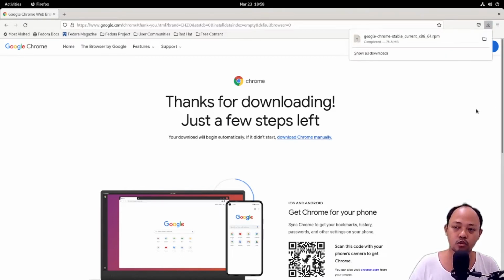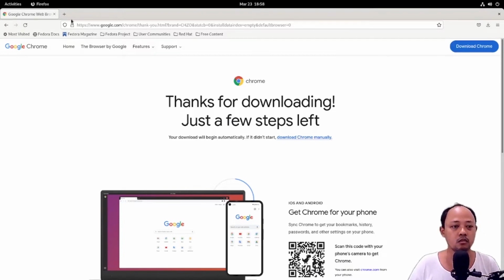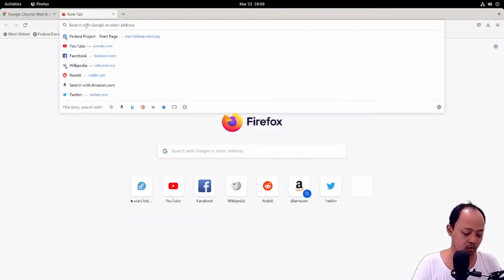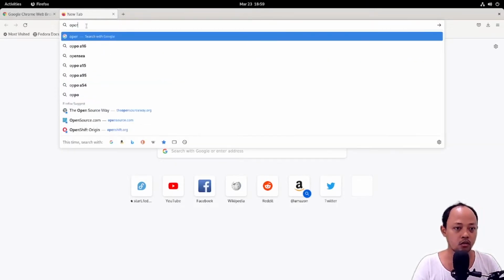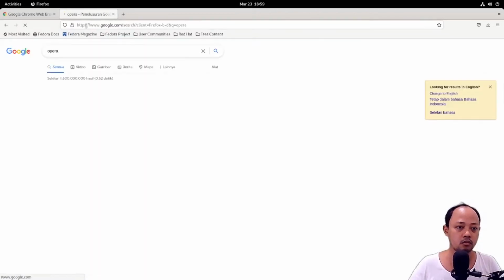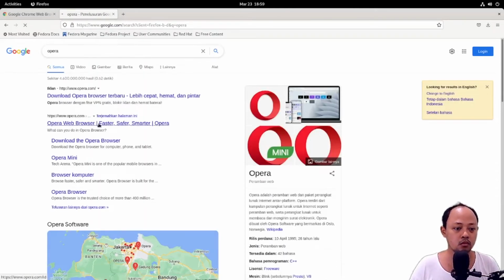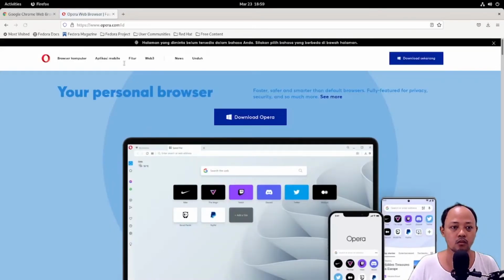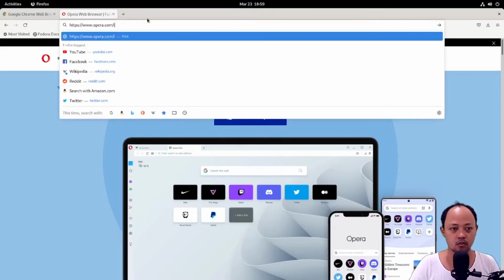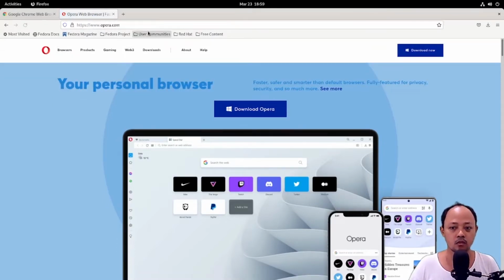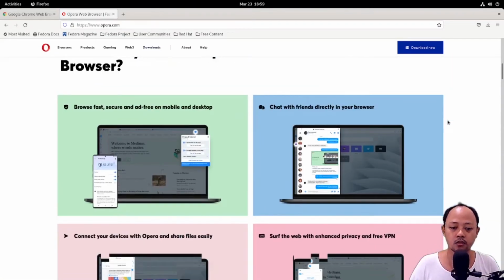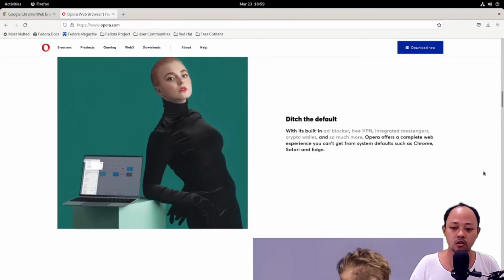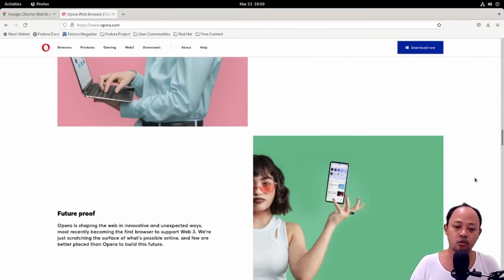The download process is done and I will download the second browser, Opera. Okay, we will search the download package for Fedora.